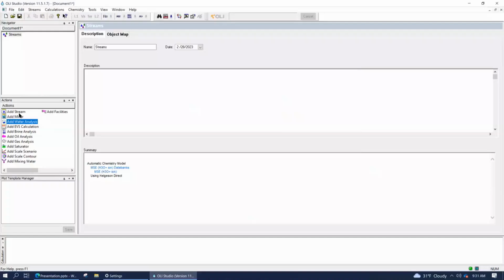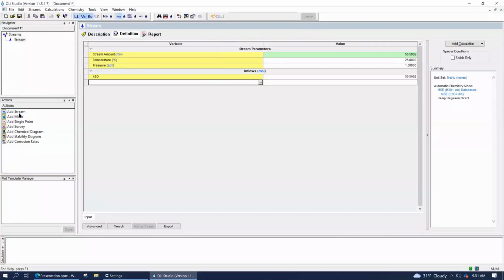Let's start now by adding a stream. So I double-clicked on the action panel, add stream, or I could have clicked on streams, add stream here. Either way works. Now, I want to just introduce you to the grid. Again, this is for the new folks. I realize that Joaquin, you're already familiar with this. Jingjiang, you already know this as well. So just bear with me on this one for now.